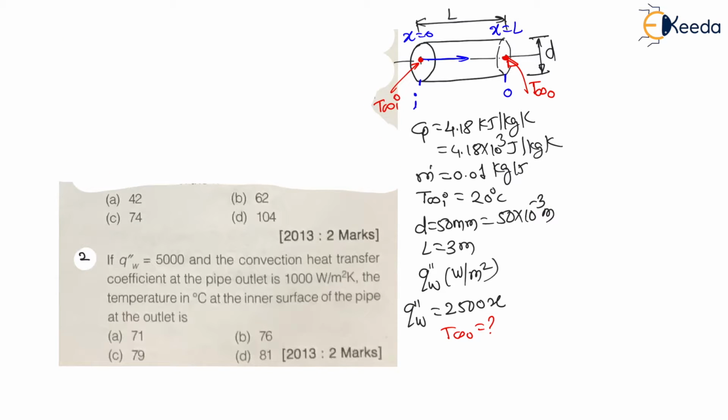Now, my dear students, here this heat flux is a function of distance x. So the total heat transfer, that is Q, is nothing but heat flux into area. This heat flux into area is nothing but total heat transfer in watt. Heat flux is in watt per meter square, area in meter square. But here this heat flux is a function of distance, that is x, means as x is increasing, this heat flux is also increasing.